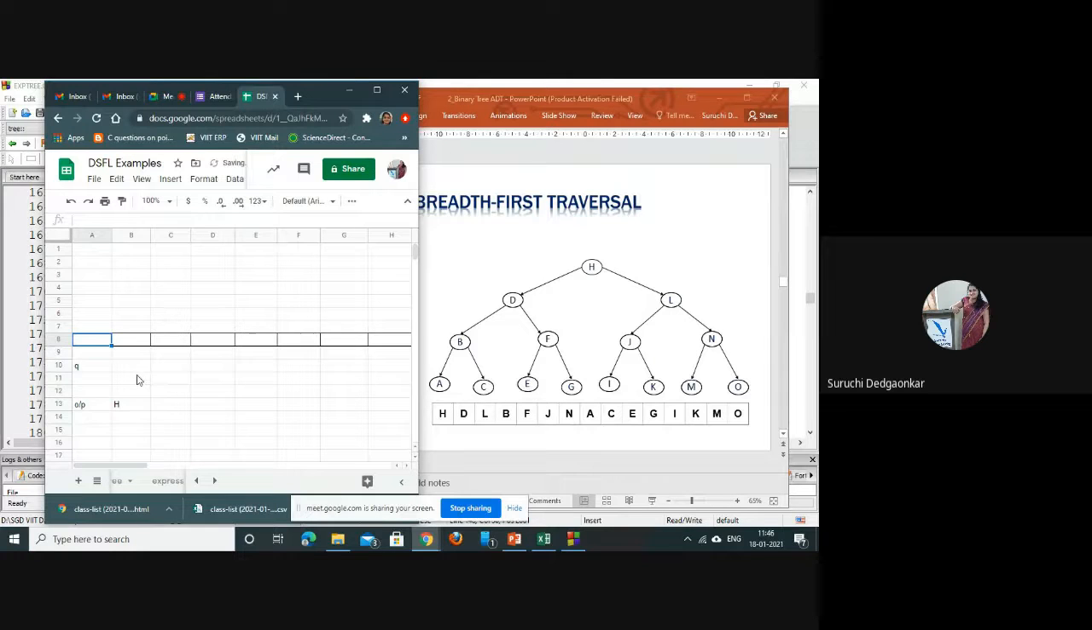It is dequeued and displayed, and its children nodes are enqueued. And the enqueuing sequence is left child first, and then right child. D and L are enqueued. Then again do the DQ. So DQ and display. D will be dequeued and displayed in the output,